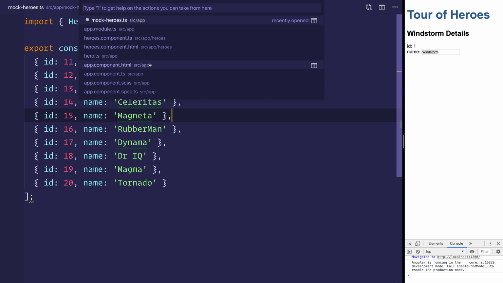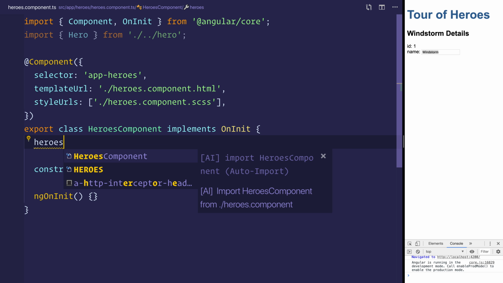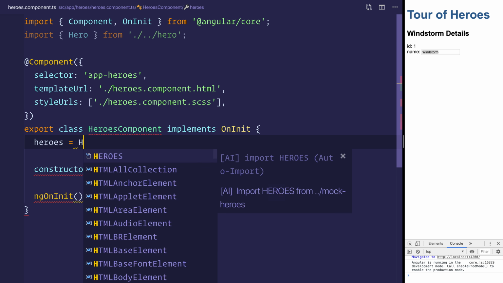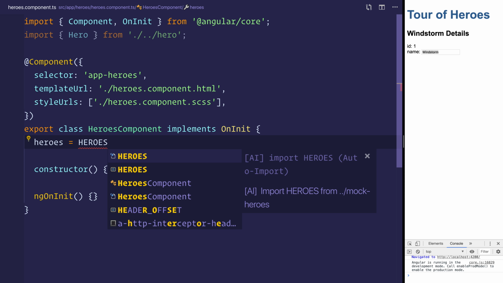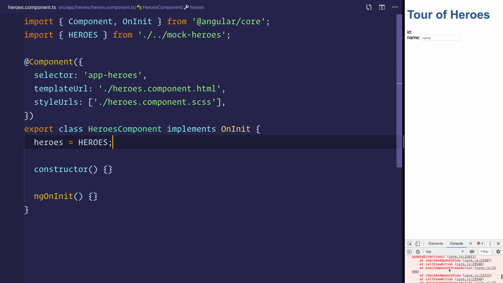So inside of our heroes component now, make sure we save this file, we can head over to the hero, and instead say heroes, because there's going to be multiple, is equal to HEROES, all capitals. We'll need to import that from our mock heroes, and we will get an error at this point because we can no longer display the name of the hero, because now we have a list of heroes,